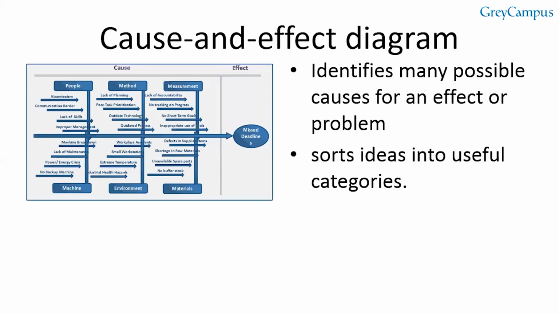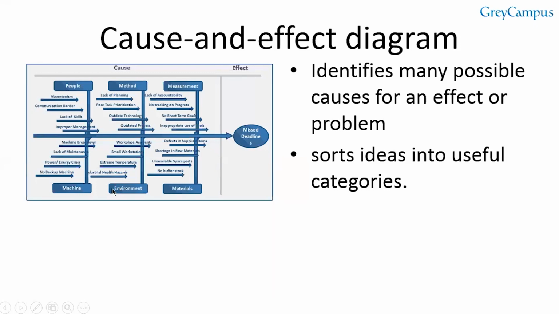In creating your cause and effect diagram, you first want to name your problem or effect, again, at the head of the fish here where it says missed deadline. So this is the effect. Okay. Then you want to decide the major categories for your causes. And generally, you will use the 6 M's: manpower or people. And then you have machines, your methods, your measurements, your materials, and what we call Mother Nature